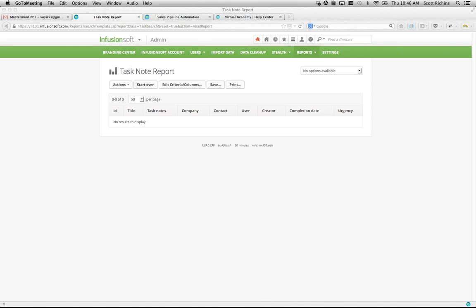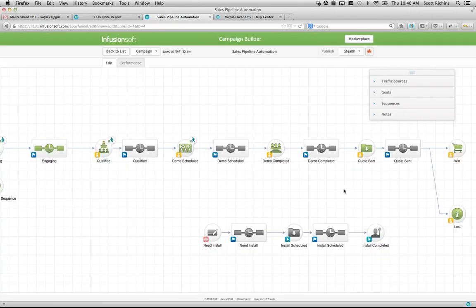Okay, so this is really kind of the last question. Clarifying what Kara said about having the win and the loss stages at the end here, she says, can't you just go ahead and connect each stage to them like this? You can, but that's actually redundant because the way that the campaign builder is built, whenever a goal is hit,